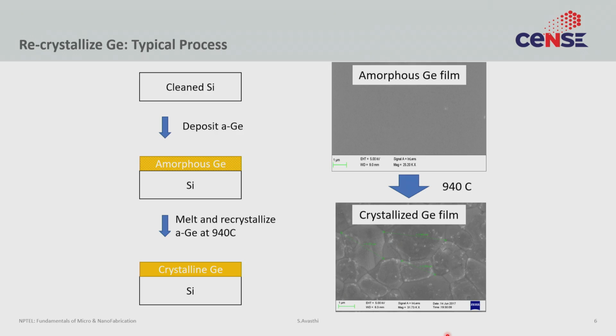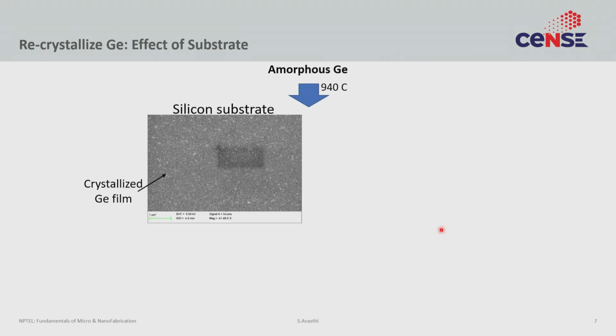So here's an example of substrate selection. This is something that came out from our group. We were trying to deposit some germanium on silicon, and then crystallize the germanium to get crystalline germanium on silicon. When we do that on a silicon substrate, it works very well. You actually see a crystallized germanium film here, and you see these boundaries which represent a polycrystalline germanium. However, when we tried the same thing